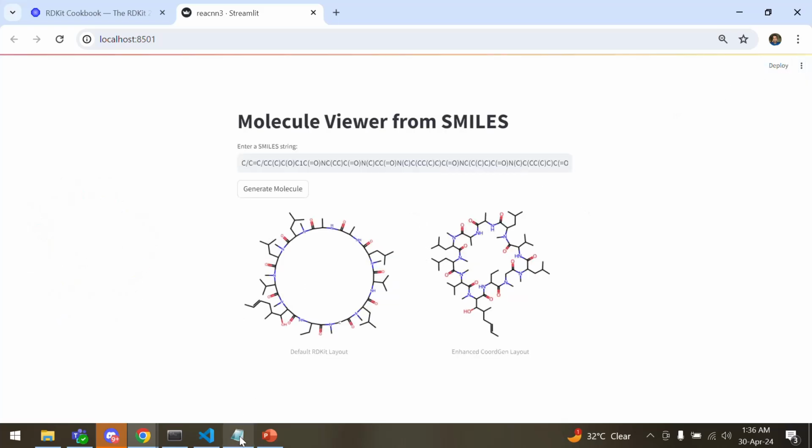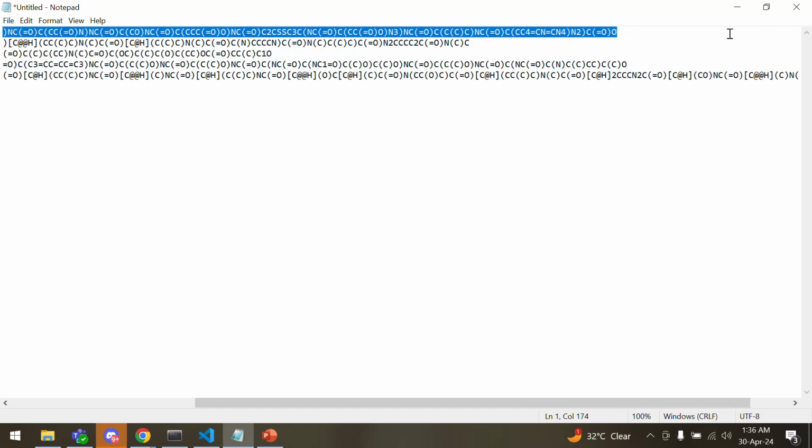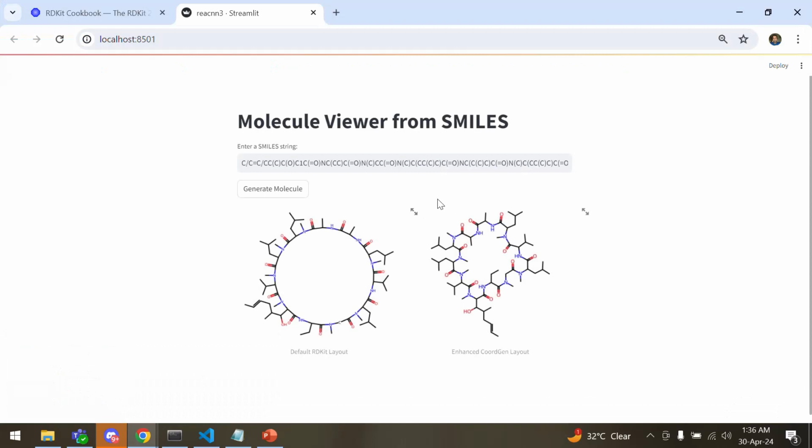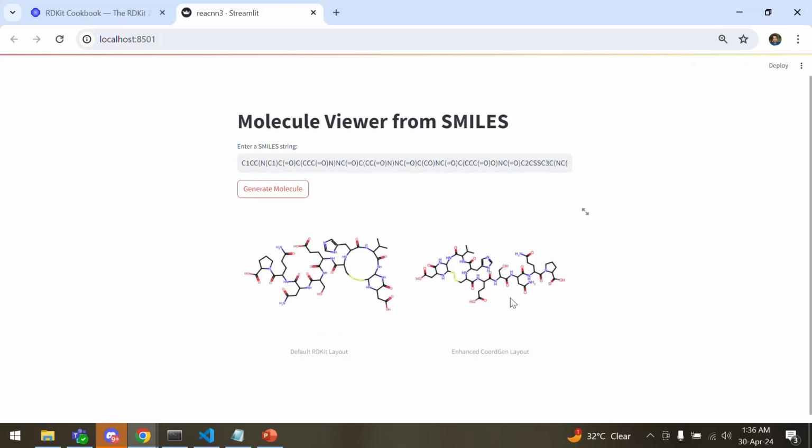So let's take some examples and see if it works or not. The first of them is oxytocin, that is a hormone peptide. I am just copying the SMILES of this molecule, and I will just pass it along. Let's see if it works or not. Okay, so we are trying different conditions here. Now if I just click on generate molecule, you see the default RDKit layout is also shown, as well as the enhanced